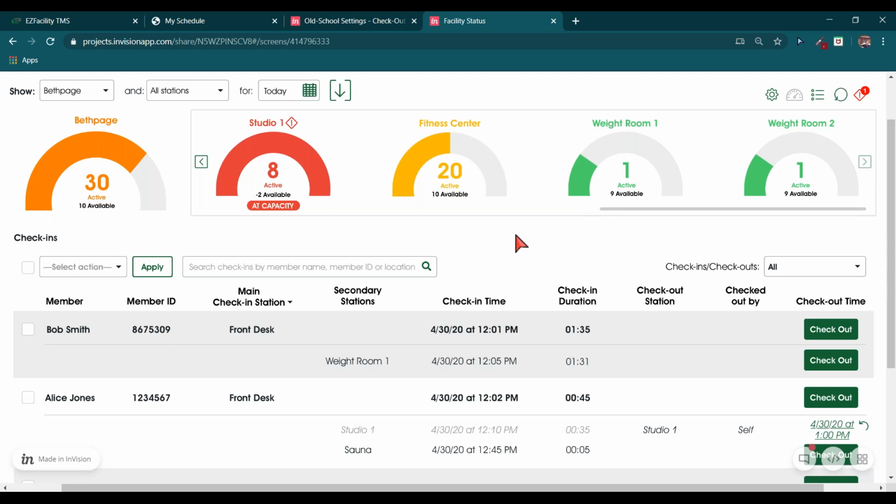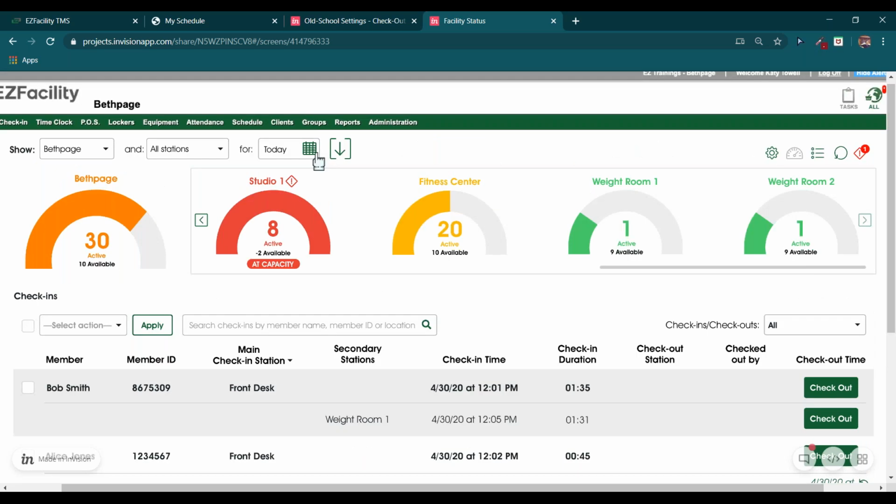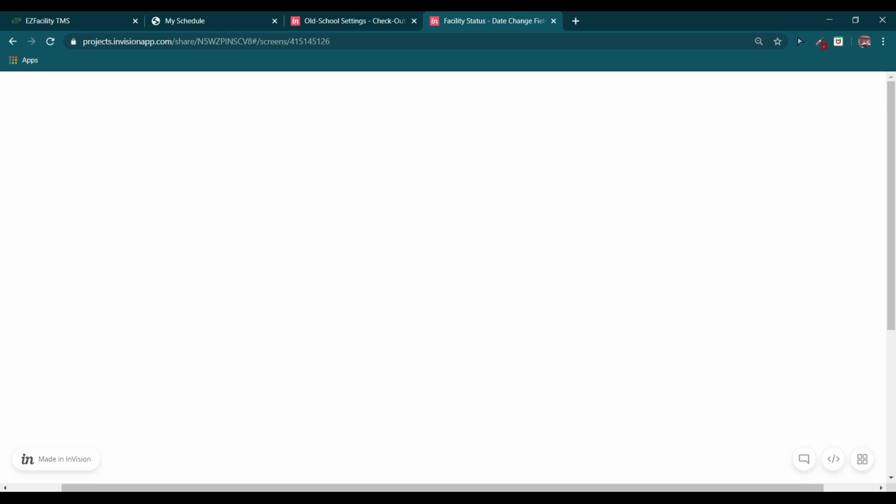If you see at the top of the page there, you have the ability to sort by station. So it says all stations in that drop down. That drop down would allow you to say, Studio One or Fitness Center or whatever the case may be. And then we have the date range. So you'll be able to see yesterday's numbers as well as how many times you've hit capacity. You'll be able to see the last 7 days, the last month, and a custom date range. So again, that's going to show you specifically how many people have checked into each of these locations or substations